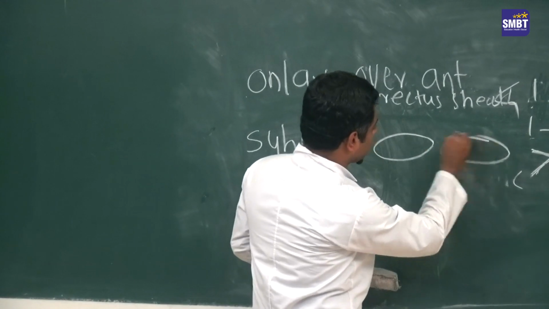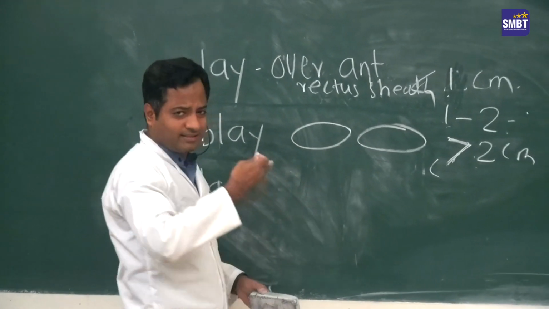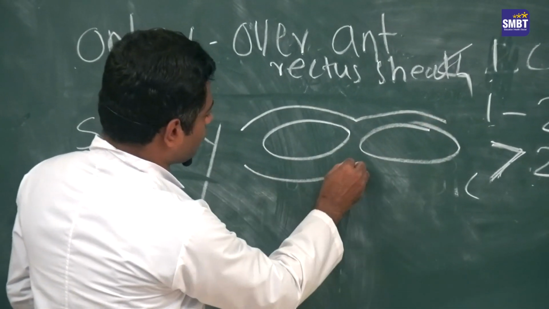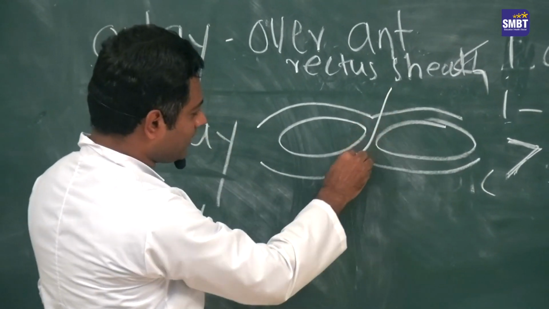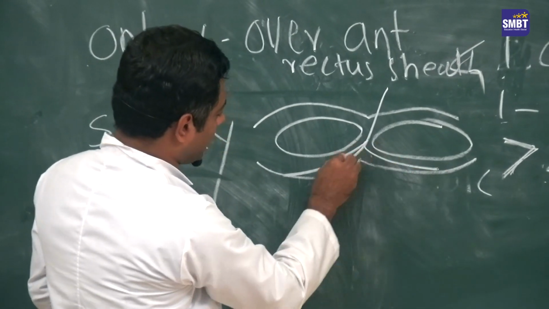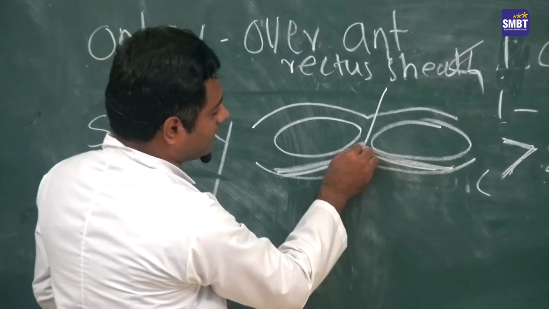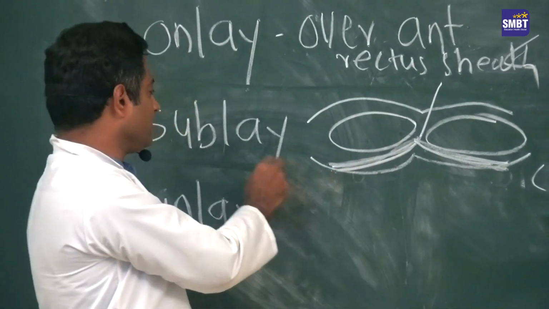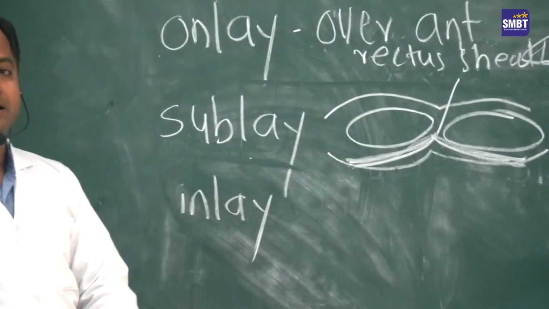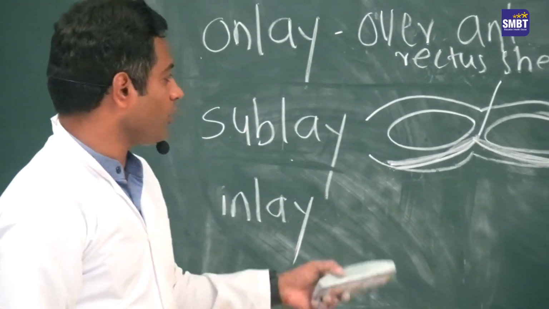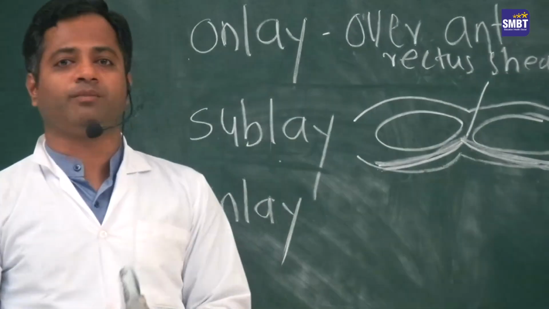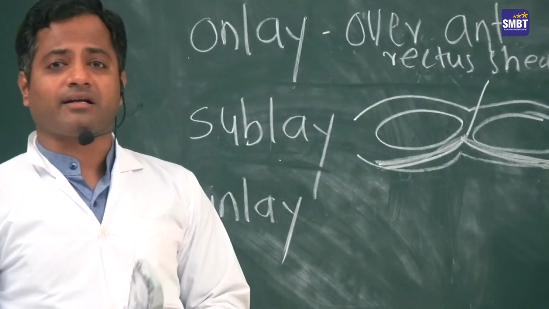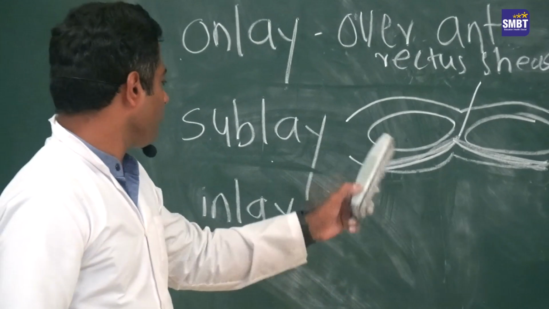So these are bilateral rectus muscles. We are seeing a transverse section. This is the anterior rectus sheath and this is the posterior rectus sheath. So go in this direction and put a mesh here behind the muscle and anterior to the posterior rectus sheath. That is called sublay mesh placement, also called retromuscular placement of the mesh.